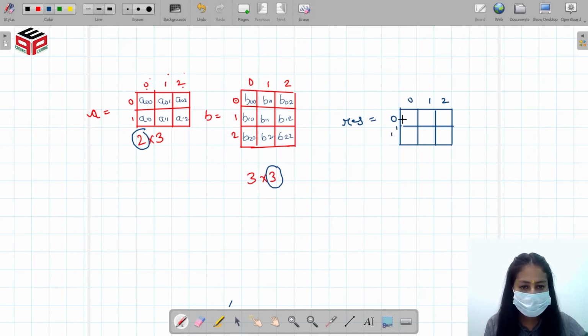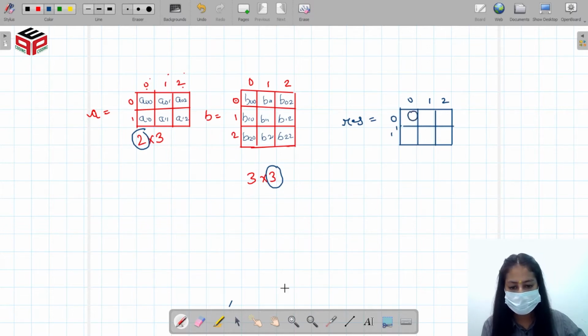Right? So in order to fill this cell, we have to multiply these values with these values, and we have to add them, right?